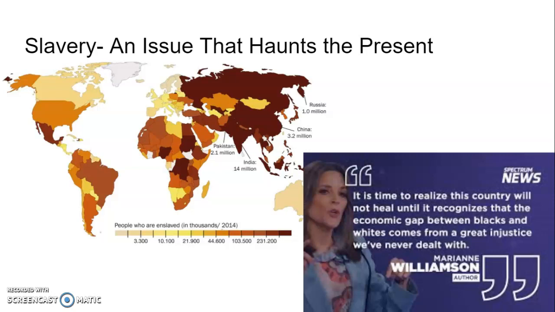When we talk about slavery today, it's any time when someone is held against their will to be doing something where another person essentially dictates their life in some kind of way. And so, of course, we hear about sex slavery as an issue, but it can also be things like labor slavery, such as you promise someone a visa to come to the United States, that you'll take care of everything, and then you steal their passport and force them to work in a factory. This happened not too long ago.